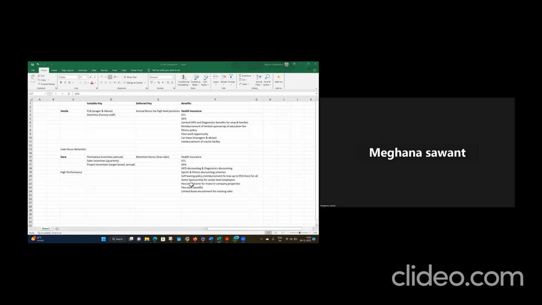Since we are into real estate development, we have this employee housing scheme created for all the employees to help the employees create a well-being also, which is a discount of up to 15% applicable to the employees, that they can invest in the properties which are being made by us.